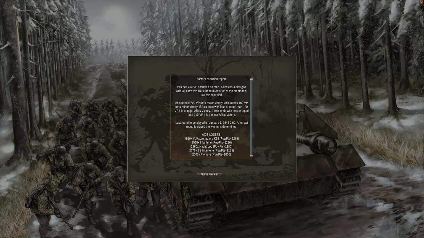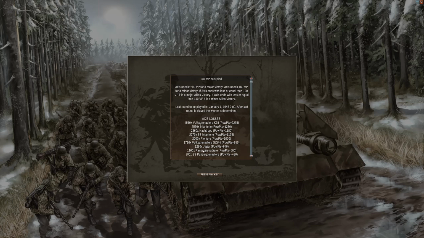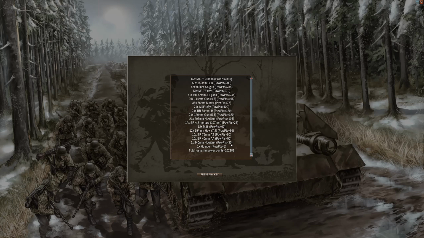So let's take a look at Axis losses. Almost 5,000 Volksgrenadiers, some infantry, Nachttroops and SS infantry, pioneers, Volksgrenadiers, Jägers, Panzergrenadiers, SS Panzergrenadiers, so many different units, SS pioneers. So all in all, we're going to take a look at the ratio. Last time we had 5.5 to 1. Now we have lost 18,793. And the Allied losses were almost 100,000 points. This turn it is 102,181. And this gives us a ratio of